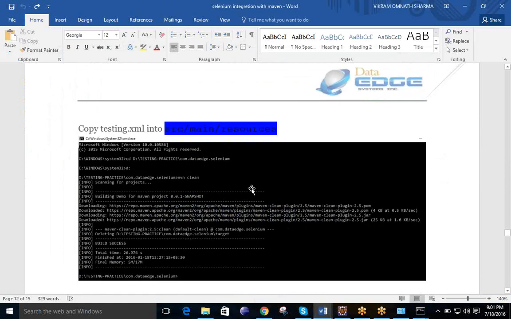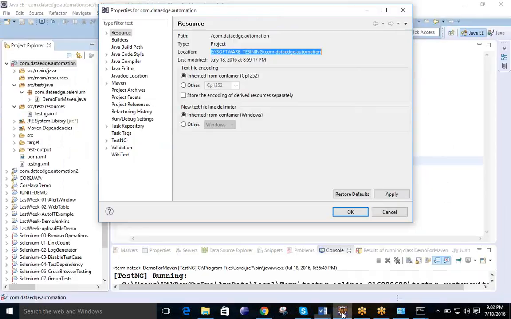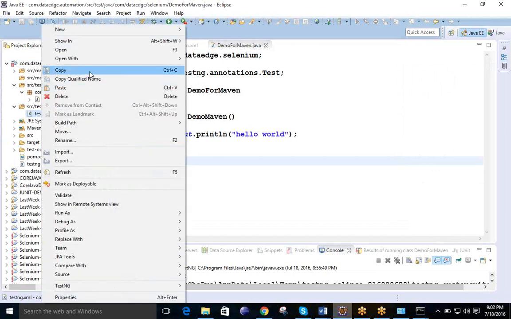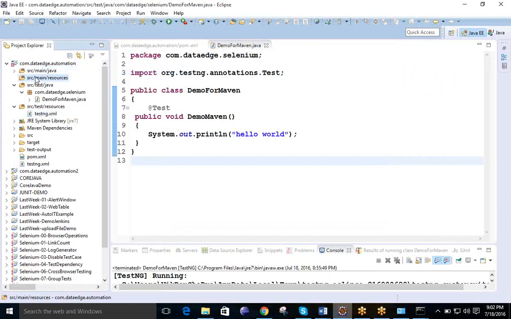So you can see I have already given the information that you need to copy that testng.xml into the main resource. Check whether it is present in the same location or not. Main resource. Oh, it is in the test. You have to focus on that, otherwise it will not work. Main resource, you need to paste.